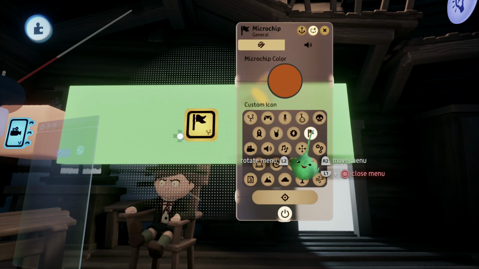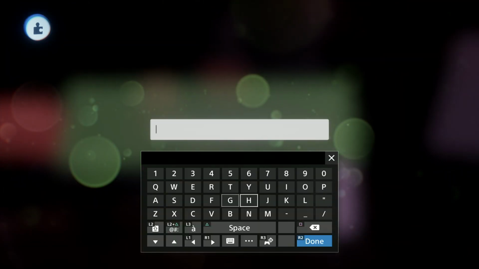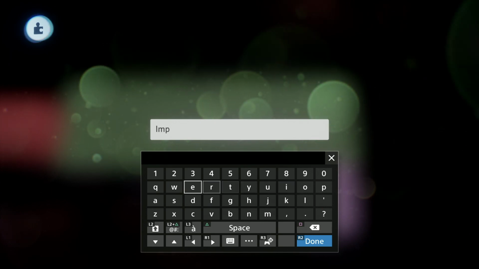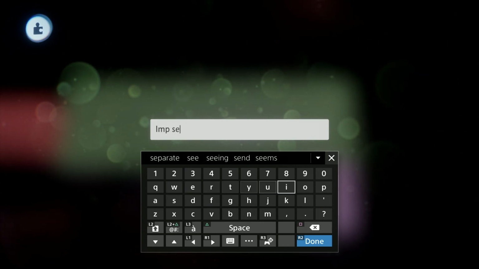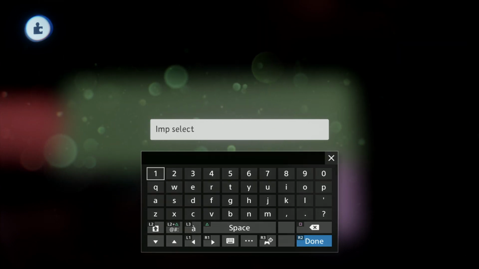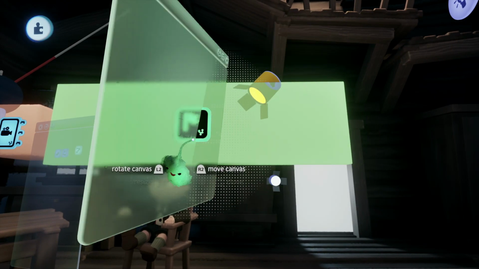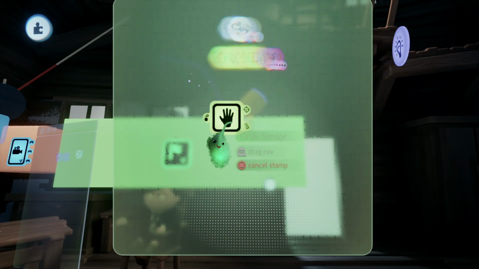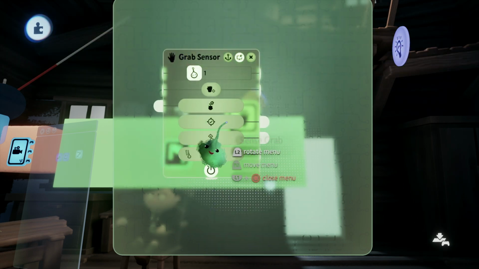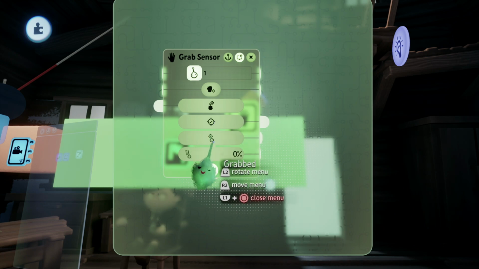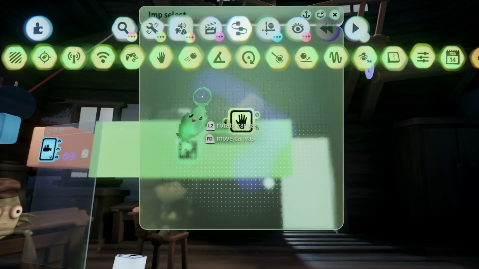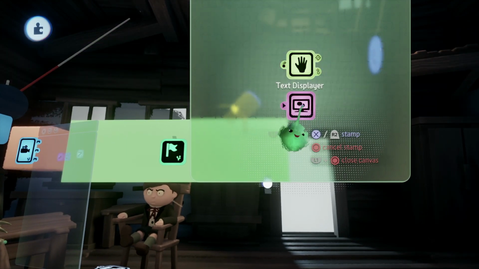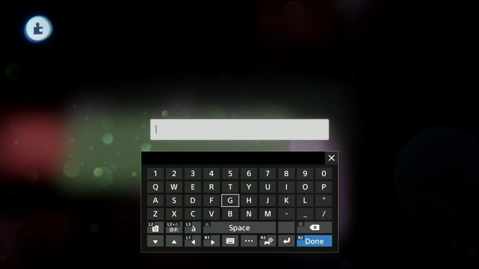A microchip. We'll label it IMP. Select. And you just take this little handy thing, a grab sensor, and it can sense when the IMP is grabbing or when it's hovering. And we may have to disable our previous menu on this basis, but